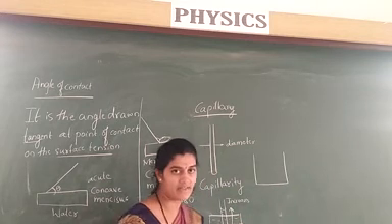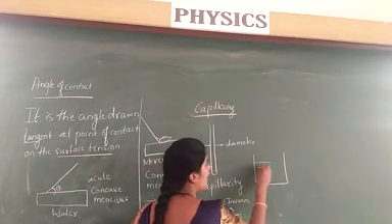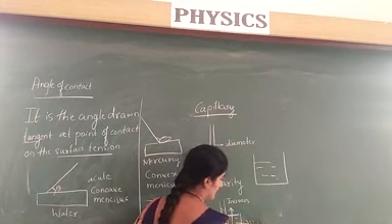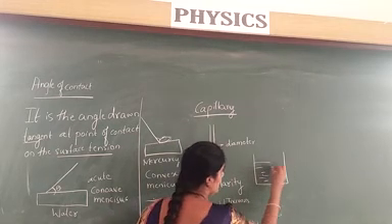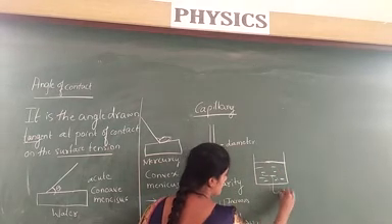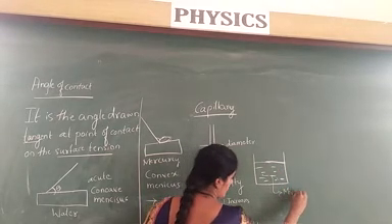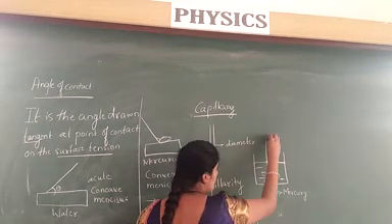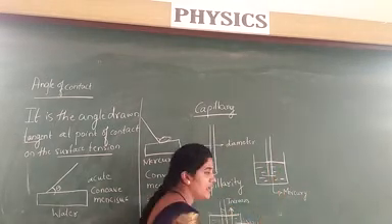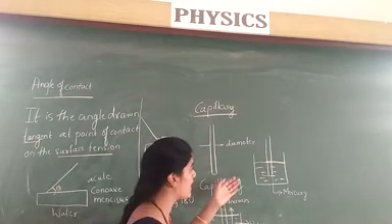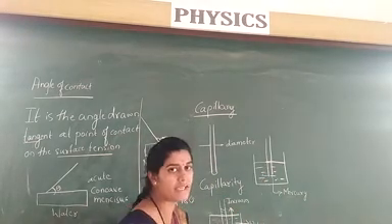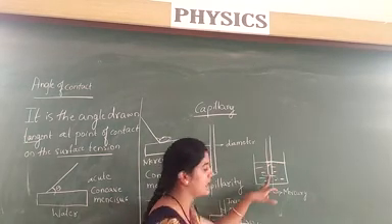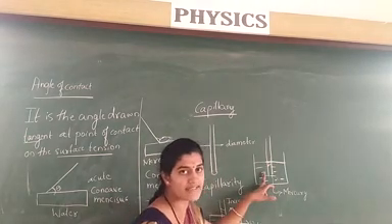In the same way, let us take another case of capillarity. Let us consider a vessel. In that vessel we put mercury. Here we are considering the water, and in this case we are considering the mercury. Now let us consider a capillary tube dipped in the mercury. When it is dipped in the mercury, what will happen? There will be no rise in the mercury, but there will be a fall in the mercury level.